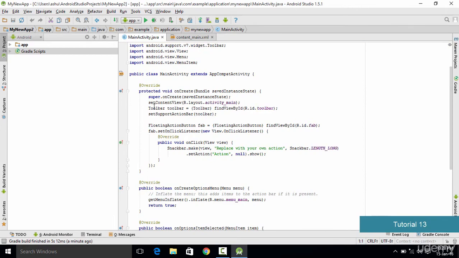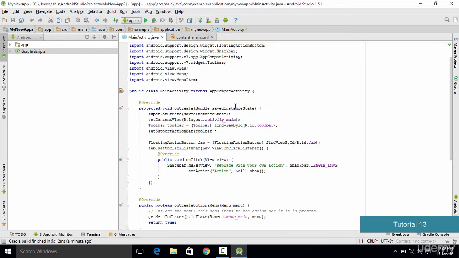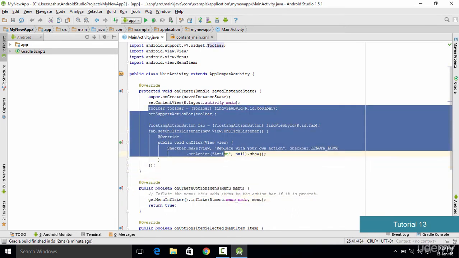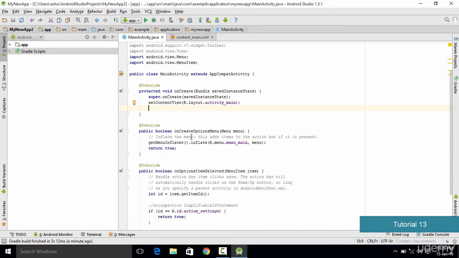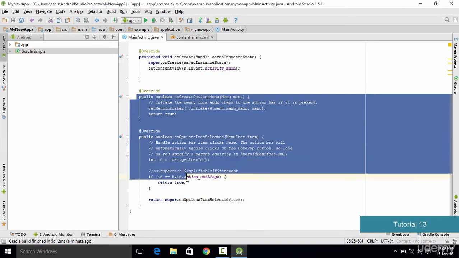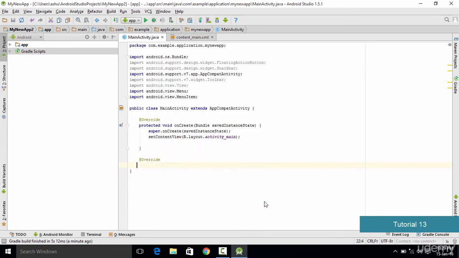and we are also going to delete some of the things from here. So basically here we have the public class main activity, and what we are going to do is go inside this onCreate method right over here, and delete everything right from the toolbar. So make sure that you delete it. So once you have deleted that, the next thing which we do is we also delete these methods, and that is because we are not going to be needing them. So go ahead and just delete all these things.